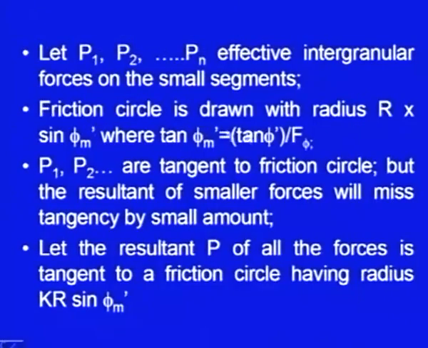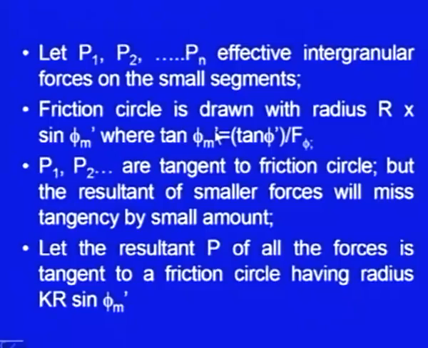Friction circle is drawn with radius r into sine of phi m dash. Here phi m dash is the mobilized angle. Let us say the slope is safe and the mobilized friction angle is phi m dash. So, the radius will be r into sine of phi m dash,